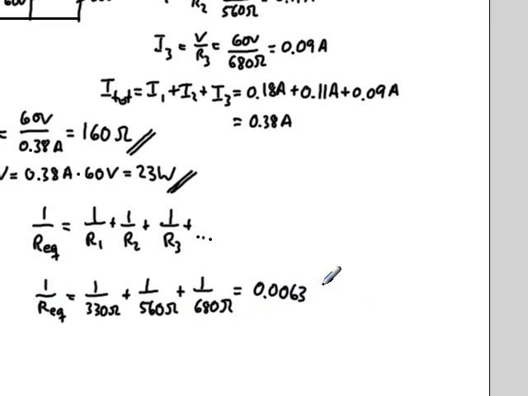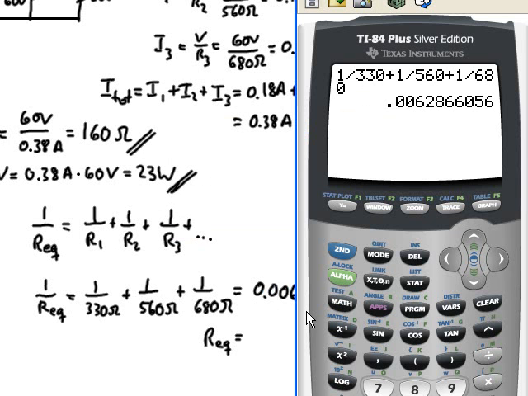And the units, by the way, at this point are 1 over ohms. I need to have ohms as equivalent resistance. This is a typical mistake, stopping right here. This is not the equivalent resistance. If you get a number that is as small as this one, almost ridiculously small, that is not the correct number. Instead, that needs to be inverted one more time, so 1 divided by that answer